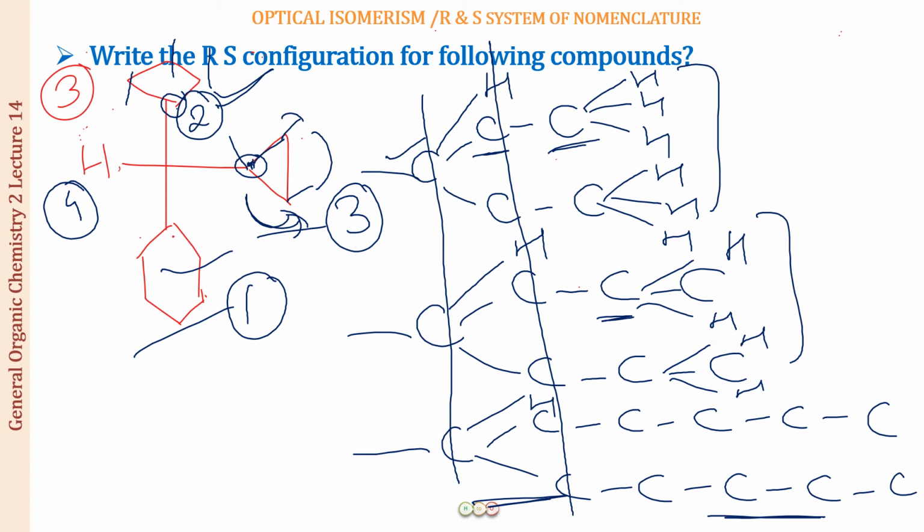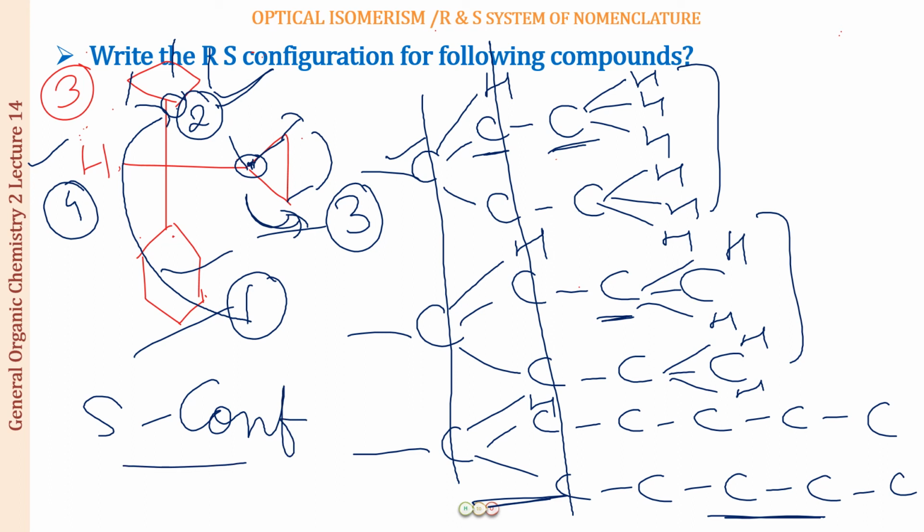Right. So there is now hydrogen. This is present on the horizontal line. So whatever is going to be the direction of your arrow, you have to reverse the answer to that. Okay. So you have to cross from 1 to 2 over the 4. Right. So this is in what direction? This is in the clockwise direction. So your answer is going to be in the end opposite to that. So again, this will be the S configuration. Okay, so I hope with all these examples, the concept wherever we have one chirality center, that is clear to you people.